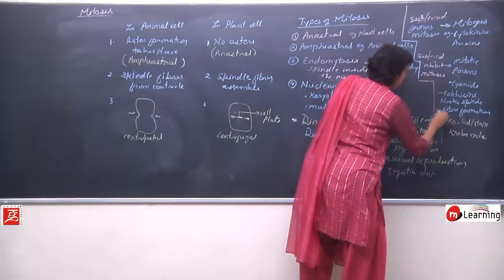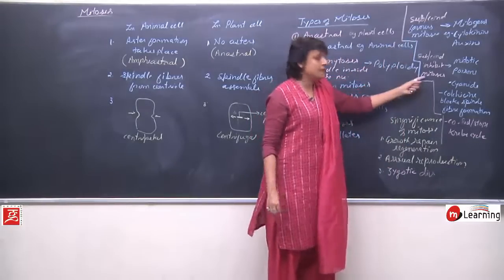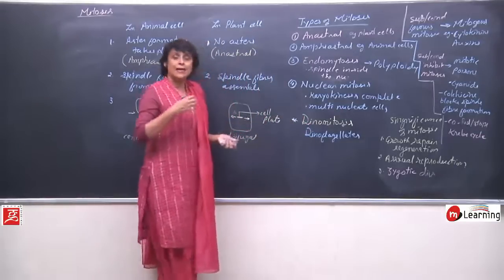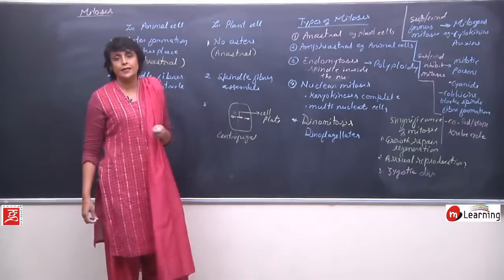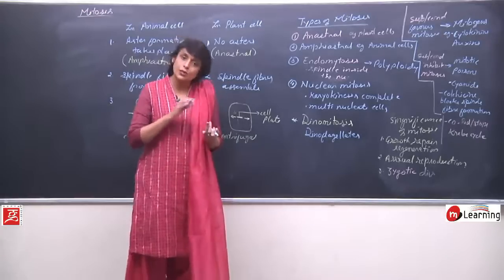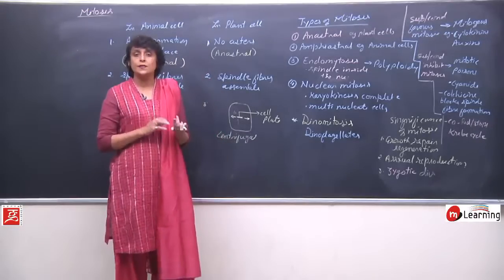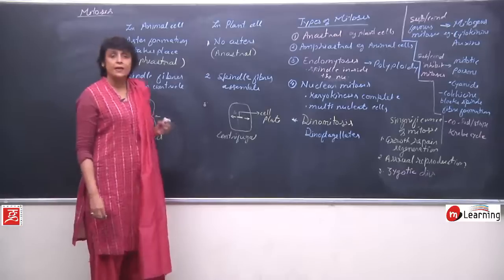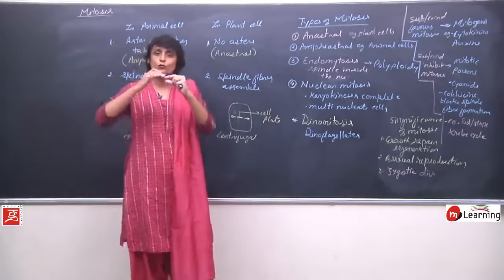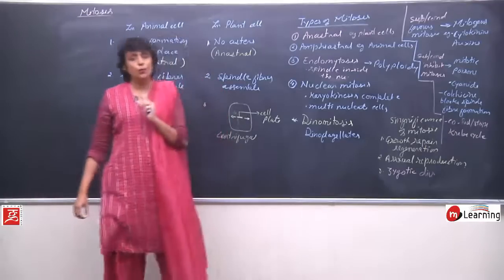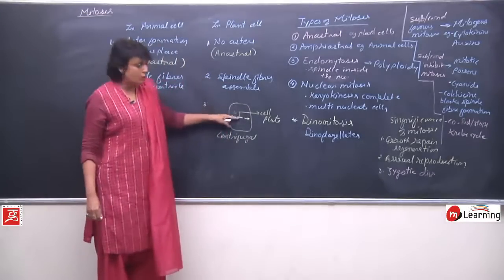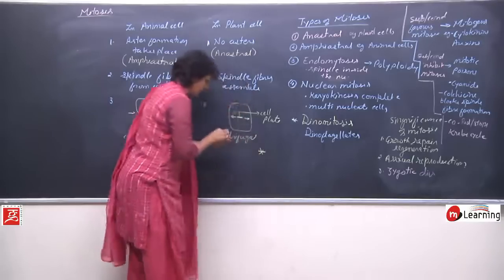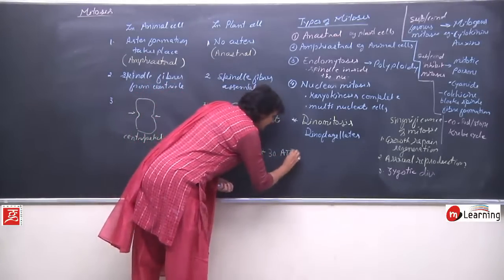So these are some substances which favor, called mitogens, and some substances which inhibit are known as poisons or mitotic poisons. We have been talking about ATP everywhere, that complete mitotic division requires ATP. Where is this ATP required? ATP is required for almost everything. That is protein synthesis, RNA synthesis, everything. One more important thing where this ATP requirement is very, very high. When the chromosomes are on the equatorial plane and they have to move towards the pole, pulled by the spindle fiber, one chromosome, when it has to move from the equatorial plane to the pole, 30 ATPs are required. So this is very interesting point. 30 ATPs are required